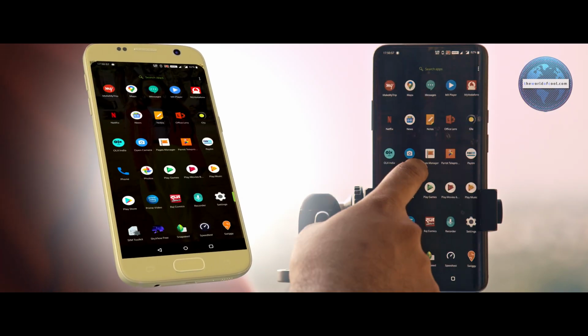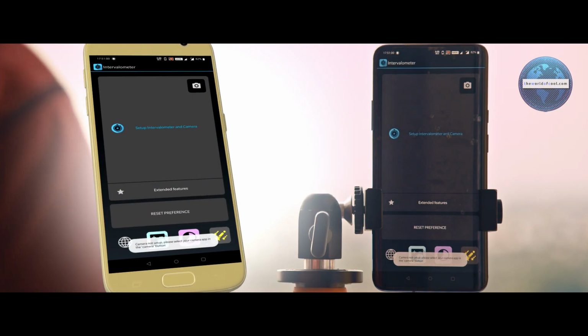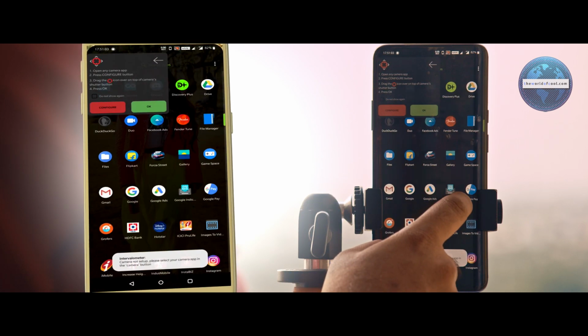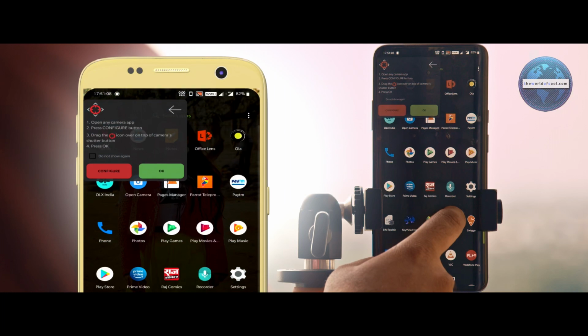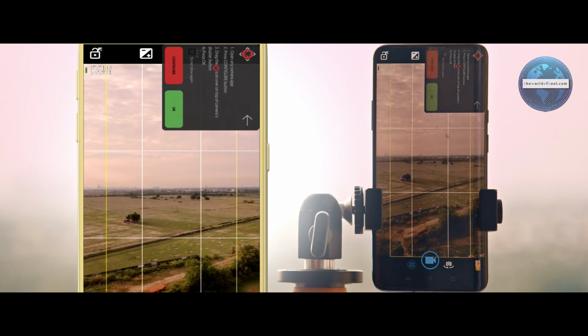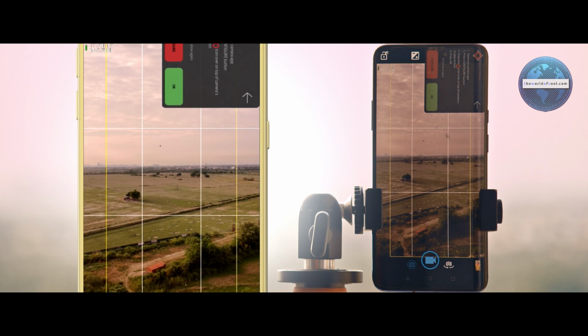Now open the intervalometer app. Tap on open intervalometer. After the intervalometer's interface pops up, say that fast, switch apps to the open camera. You will see that the intervalometer's GUI is still drawn over the open camera interface, and that is the beauty of the intervalometer. This single app can let you take time lapses over any camera app that you like.